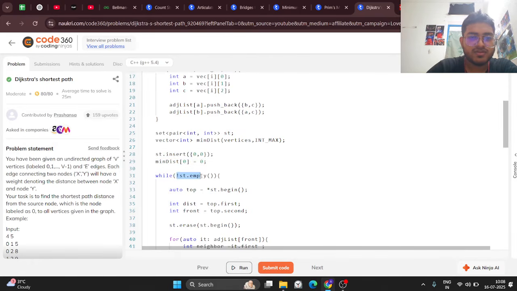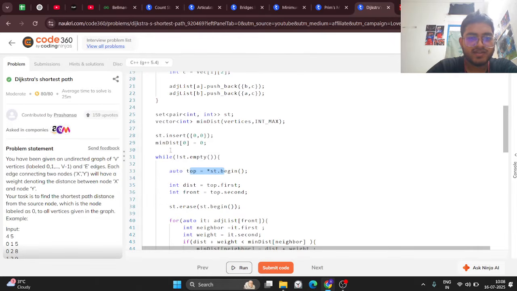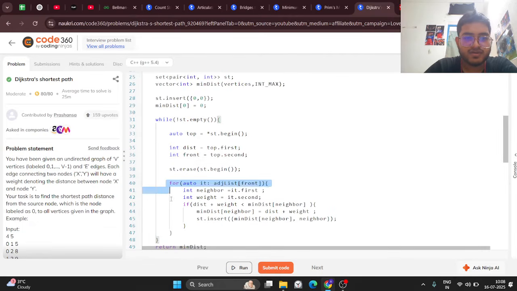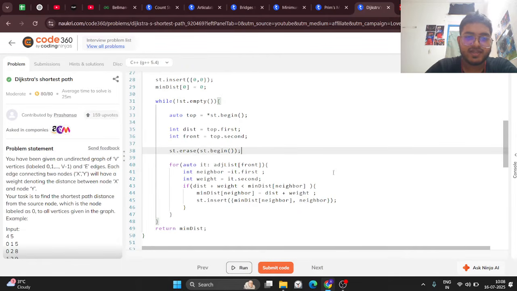Now we are doing while set is not empty. We get the top, take the distance and the front node from it, and erase that value. Then we iterate over all the neighbors in the adjacency list of front. We get a neighbor and the weight, and we check whether the distance of front plus the weight